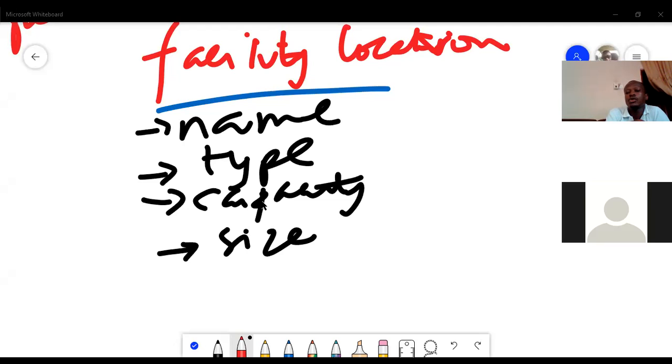So we can look at layers as a theme, a thematic idea. So facility locations, what facility? What is the name of the facility? What is the type? So what we are doing in the software at the moment,